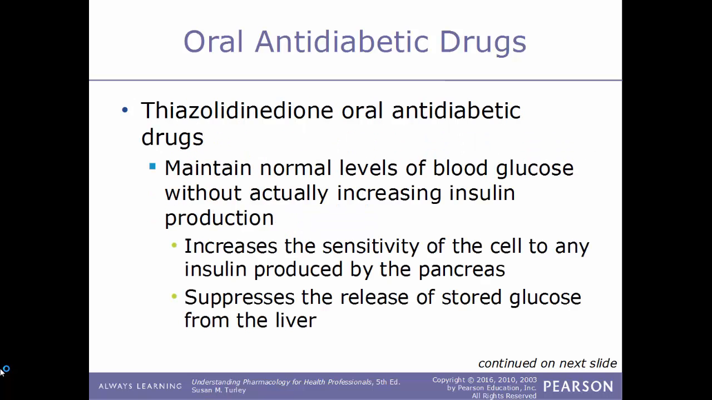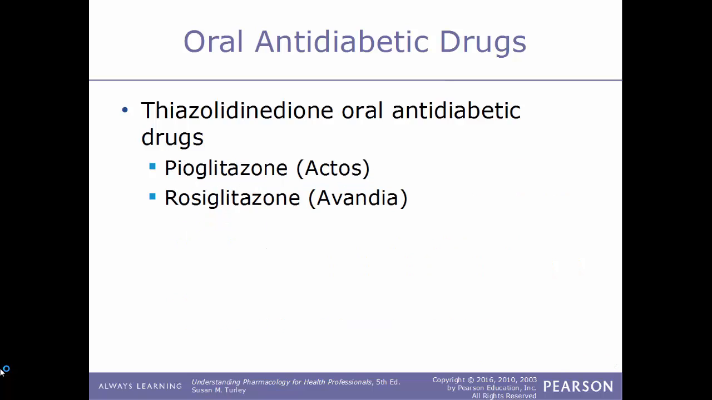Another type of oral antidiabetic drug includes the thiazolidinediones. And these maintain a normal level of blood glucose without actually increasing insulin production. How they act is they increase the sensitivity of the cell to any insulin produced by the pancreas. They also act by suppressing the release of stored glucose from the liver. Some examples of this class of drug would be pioglitazone, sold under the trade name Actos, rosiglitazone, sold under the